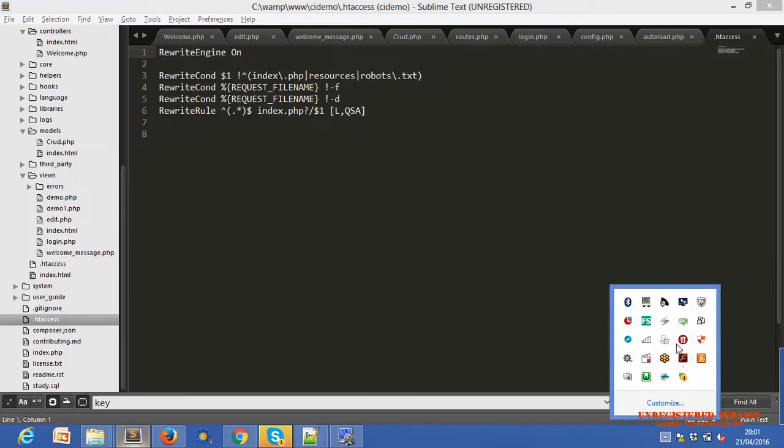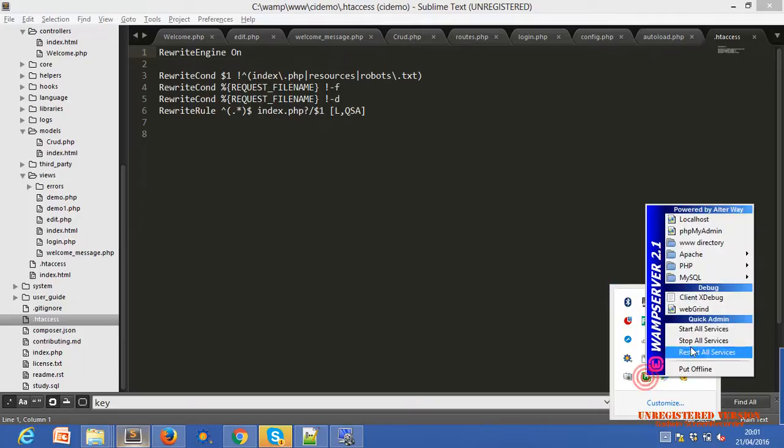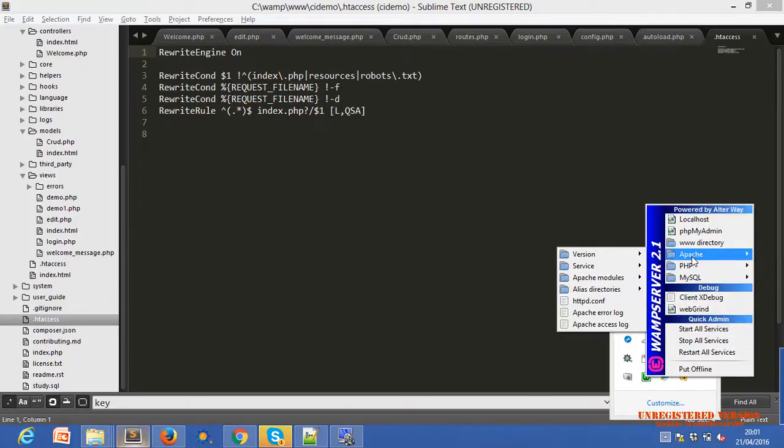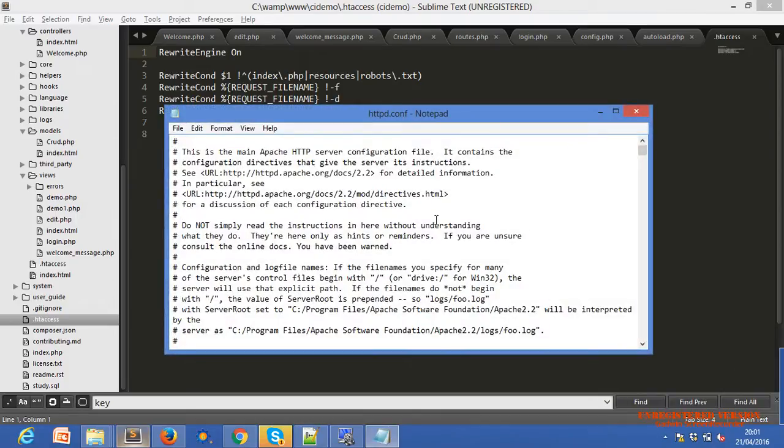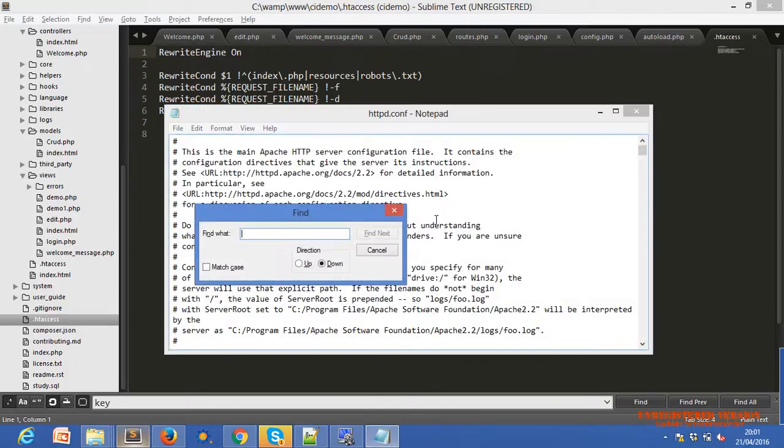For that configuration setting, you can search on the internet, or you can go to the Apache folder. On the Apache folder, just search for the httpd.conf file. You can search for a file within a folder in your system. Within this file, just search